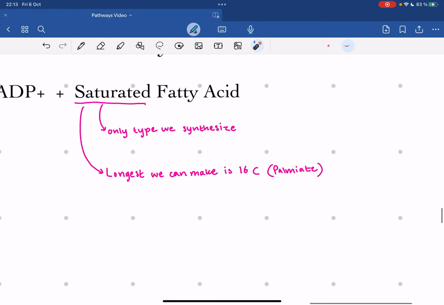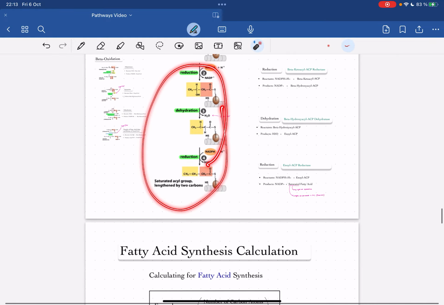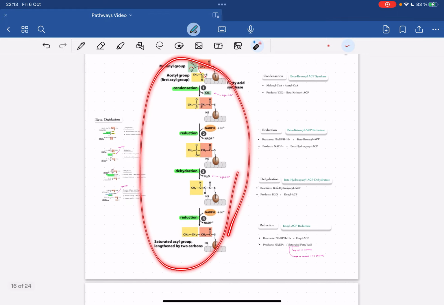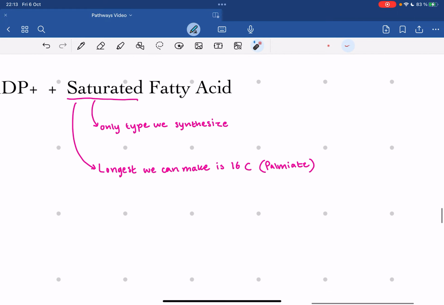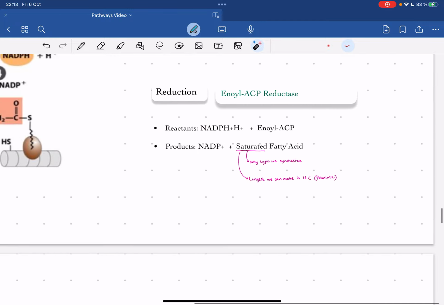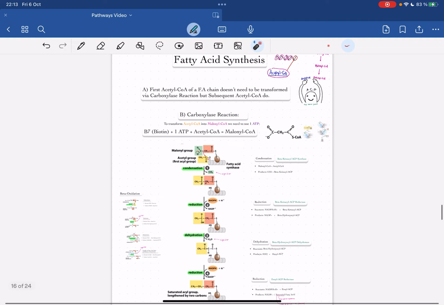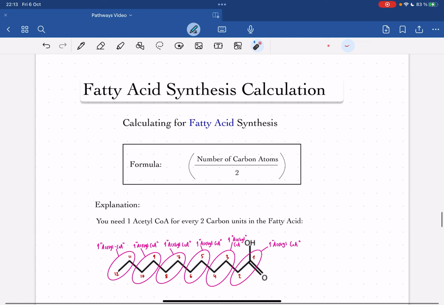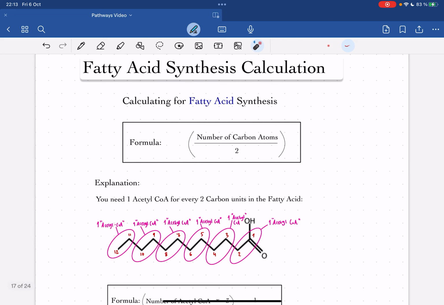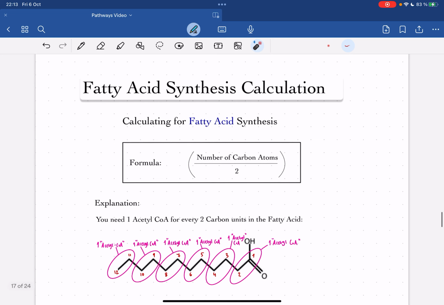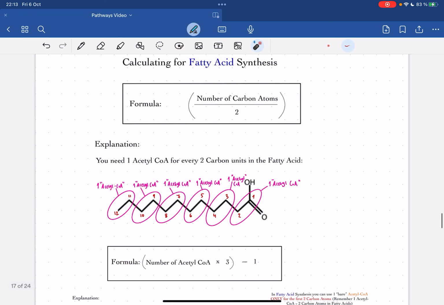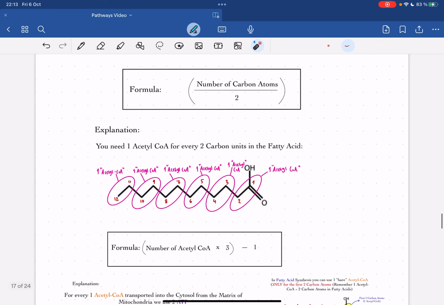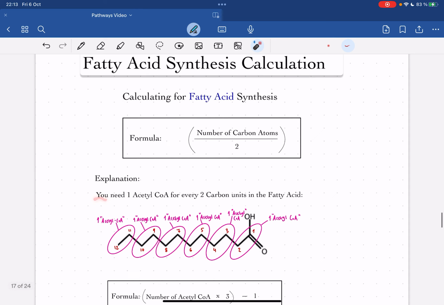Also, the longest fatty acid that we can make with this method, we can of course make longer, but with this method specifically, is a palmitate, which is 16 carbon atoms long. So that's all for this slide. The next slide is calculation, how we calculate the amount of ATP that we're technically losing by making a fatty acid molecule. So first of all, we need to calculate the amount of